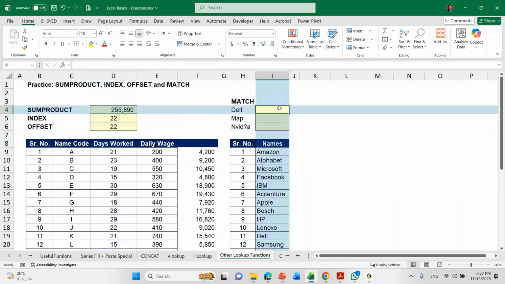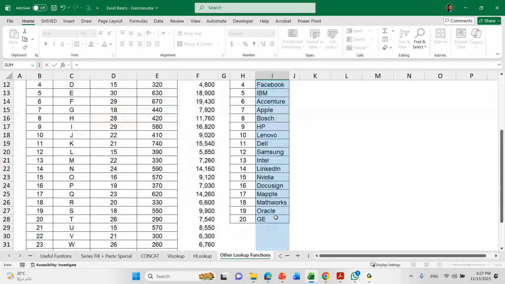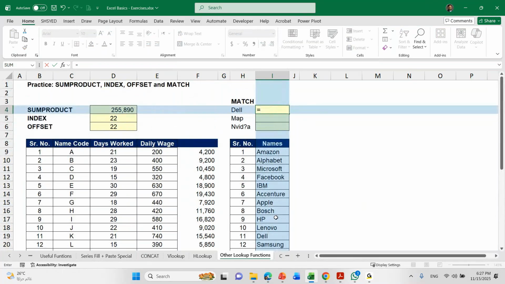The next function that I want to introduce is match. And this match function is a very simple function to work, but it gives you wonderful results when used in the right combination of different functions together. But first of all, let's try to understand the syntax of match function. Our first match function is going to be, I want to find this Dell, and you can see Dell is at number 11, but here we have only 20 companies. But if you are working with 20,000 rows, then this becomes a very useful function to have in your